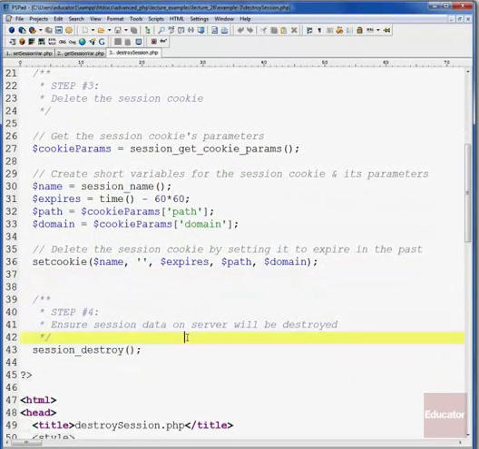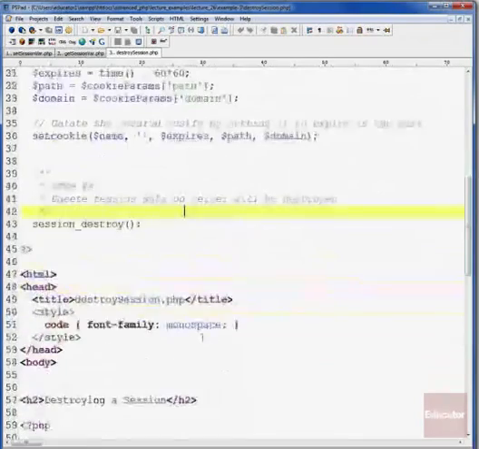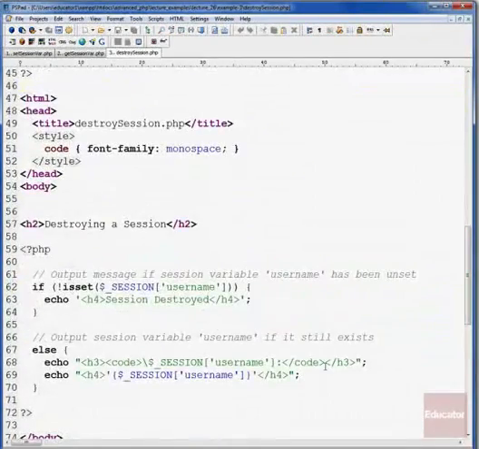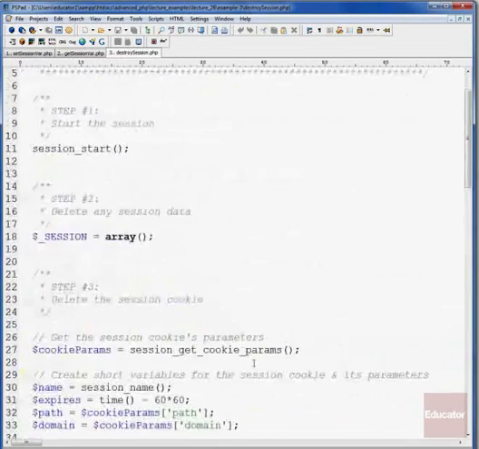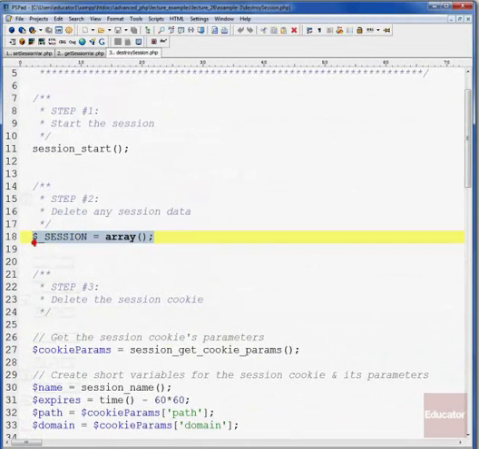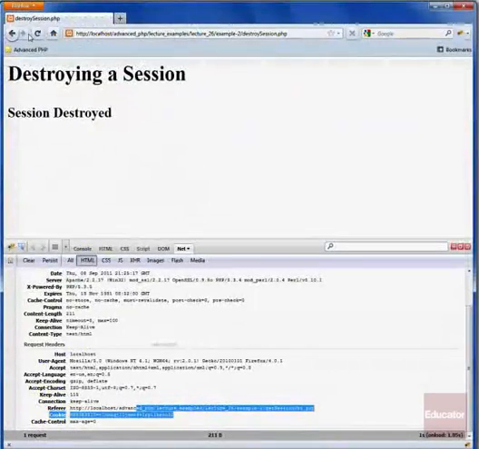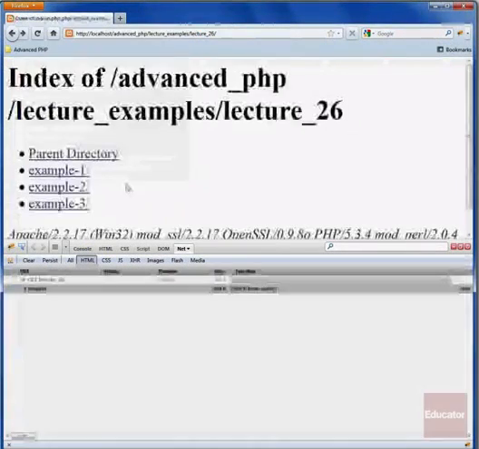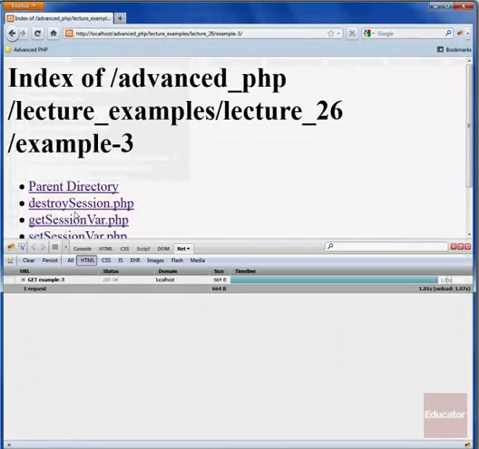Then we're also going to call session_destroy, which is going to delete the data on the server after the script is ended. And again, if we try to output the username session variable, we're not going to be able to do that because it has been unset up here when we deleted all the session data by setting session equal to array. So now if we go and look at our new version, version 3, or example 3, delete